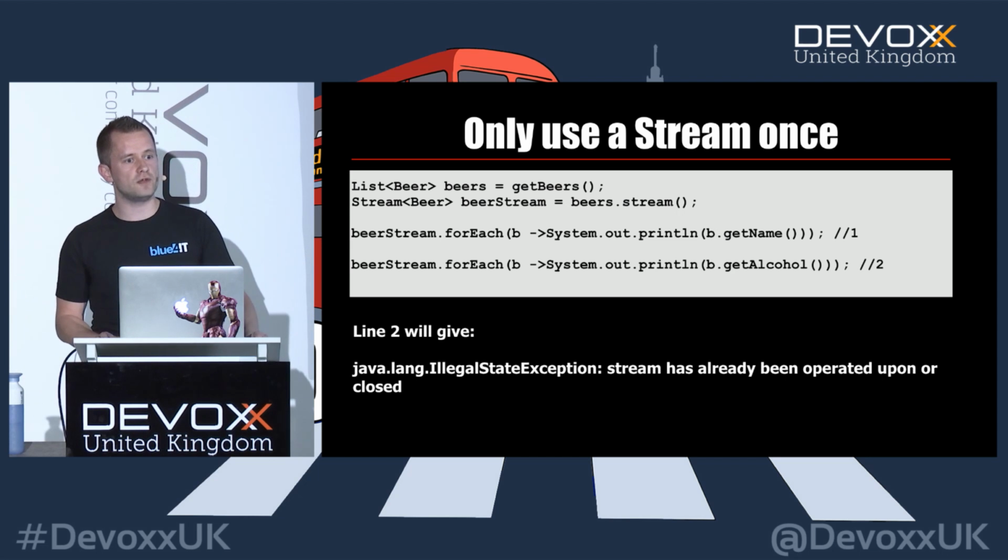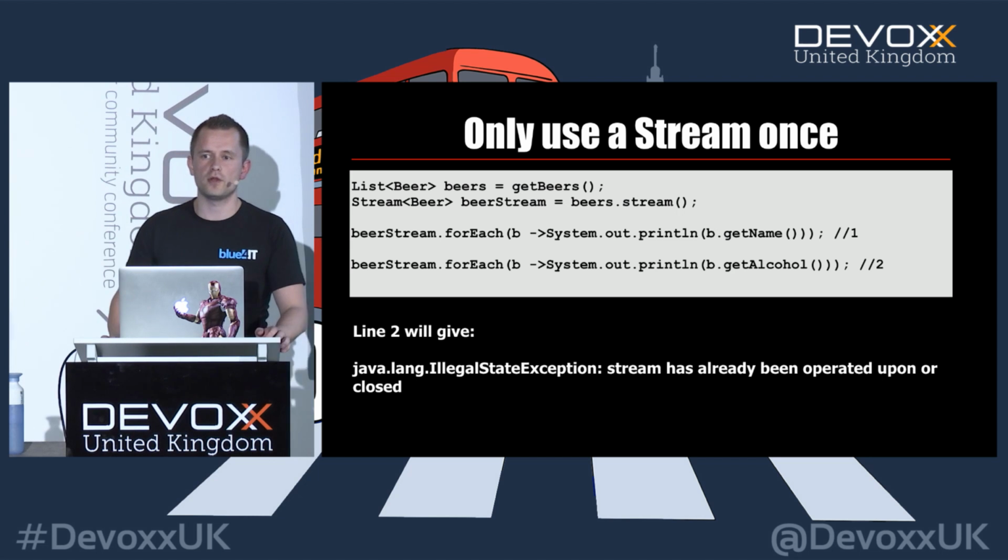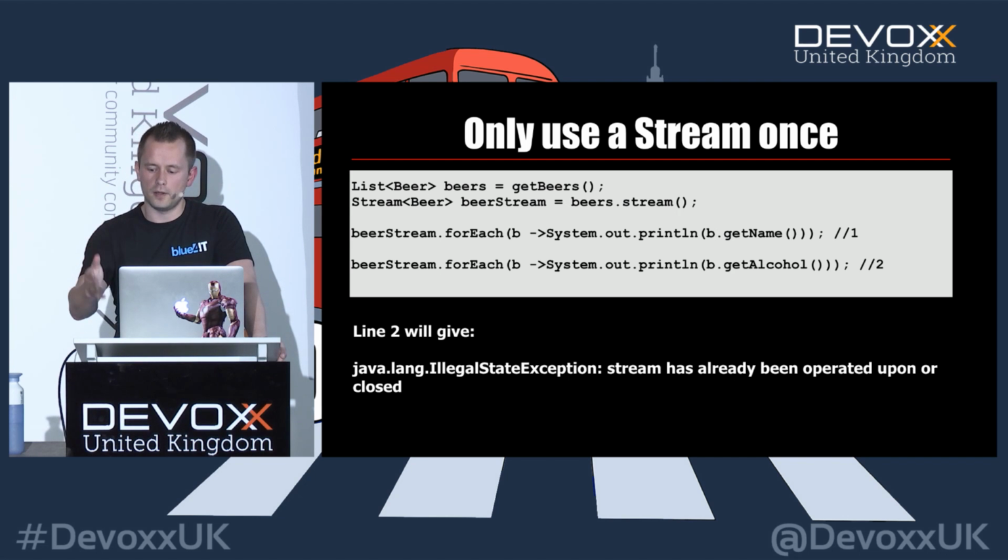So please make sure to not reuse a stream, and I would say don't ever give a stream back from your function. Because if you give a stream back from your function, what the user of your function has to assume is that the stream is already consumed. So you can't do anything with it anymore. Or you have to take the leap of faith that it isn't consumed, and you find it out in production, and then you have a small problem, or a big problem. So please do not use a stream twice, and please do not give a stream back from your function.